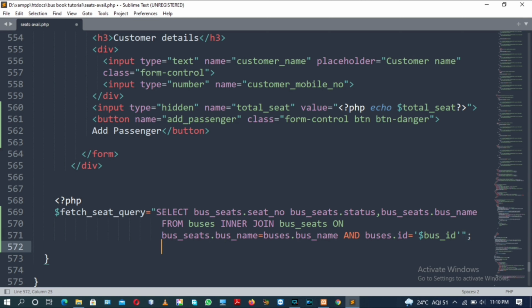So this is it for this SQL query, which is assigned inside the fetch seat query PHP variable.